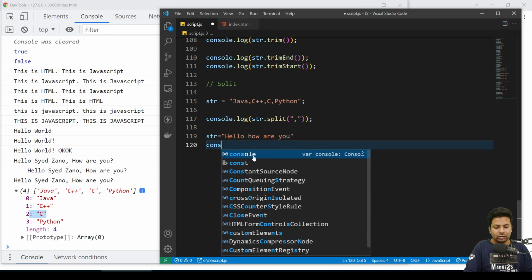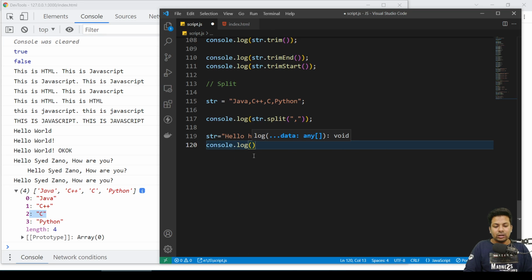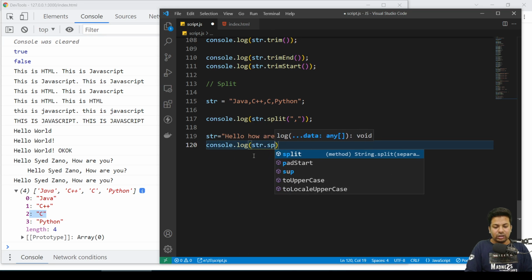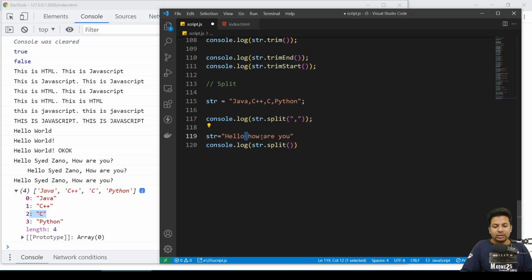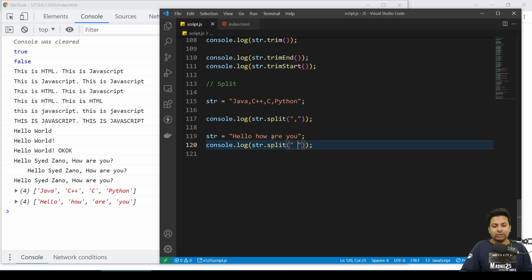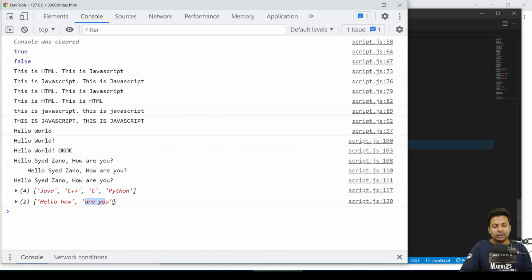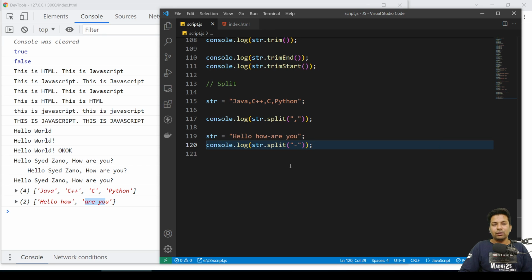I'll say console.log str.split. You know this is separated by one space, so I'll just put a single space. If you have a dash somewhere, like Hello-how-are-you, I will put a dash. See, hello, how, are, you are separated. So this is also a way you can split it.